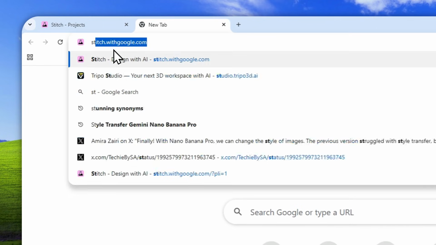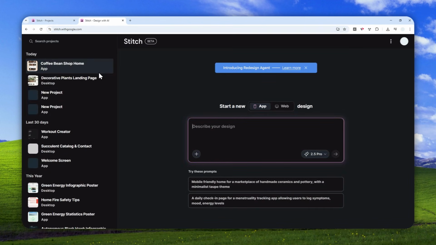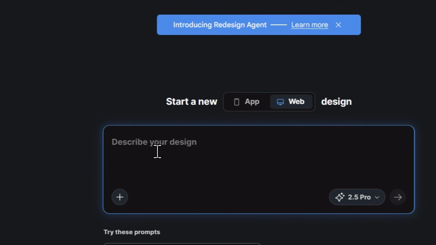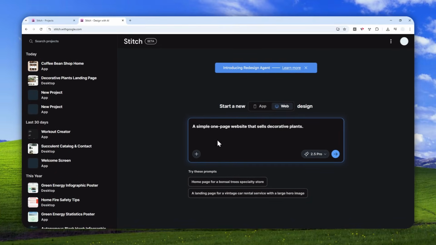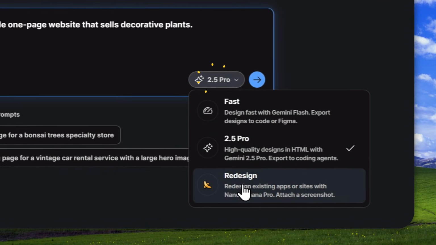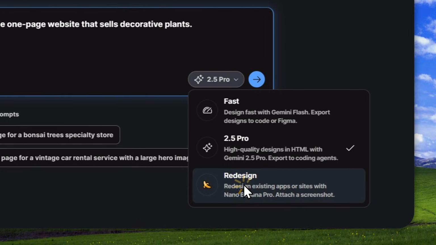First, let's navigate to stitch.withgoogle.com. And in this case, I'm going to be creating a simple website. And of course, for the mockup, I'm going to be using Gemini Nano Banana Pro. So let me switch to web. And after that, I'm going to tell AI that I want to create a simple one-page website that sells decorative plants. There you go. And of course, let me just switch to Gemini Nano Banana Pro, which is the redesign menu,